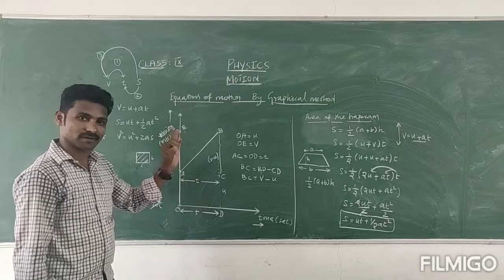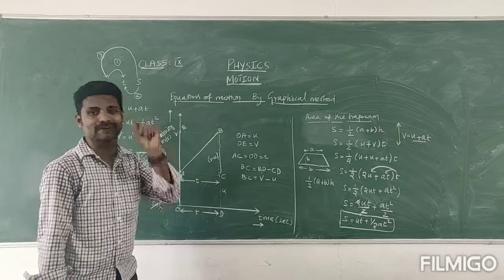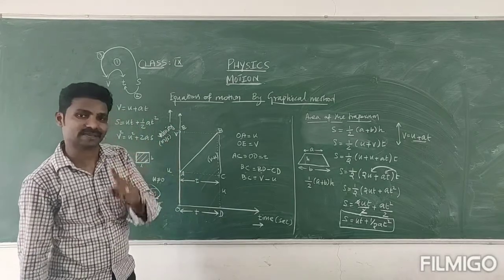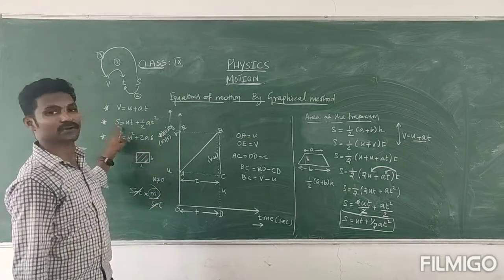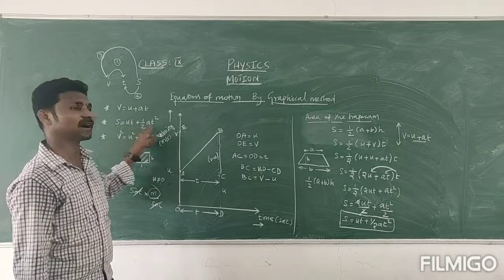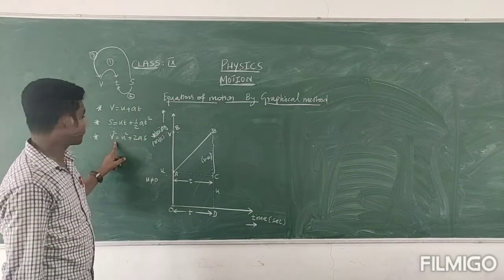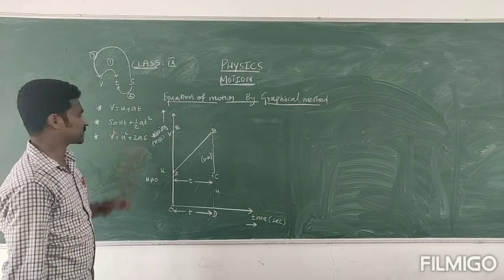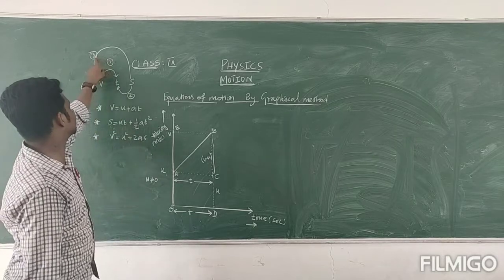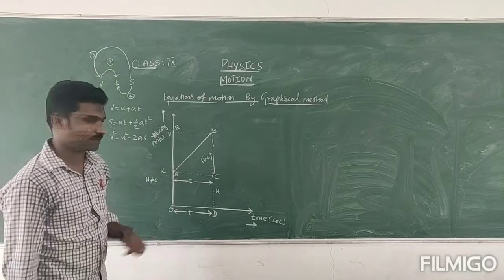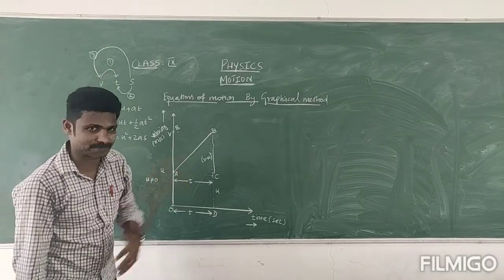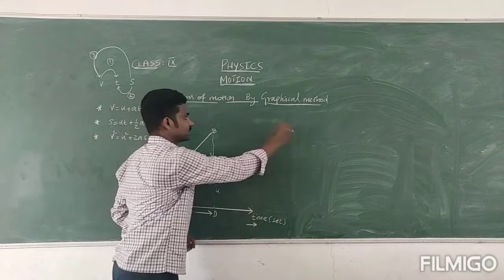Very simple. We found only the area of the graph. The area of the graph is equal to position, so the position formula is what we required, that is S equals ut plus half at square. Third equation, v square equals u square plus 2as. You know that the third equation is a relationship between velocity and position. Okay, let's follow the same method from the trapezium. Listen.